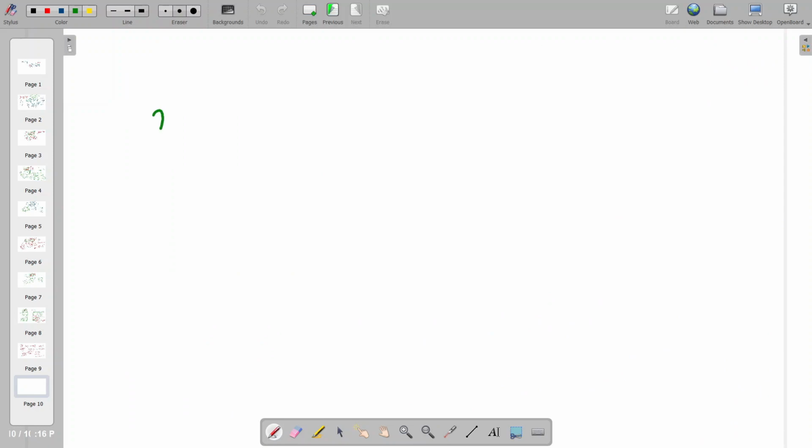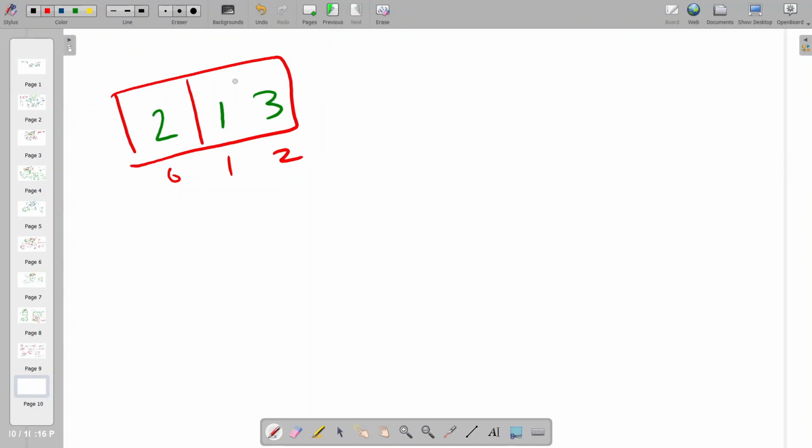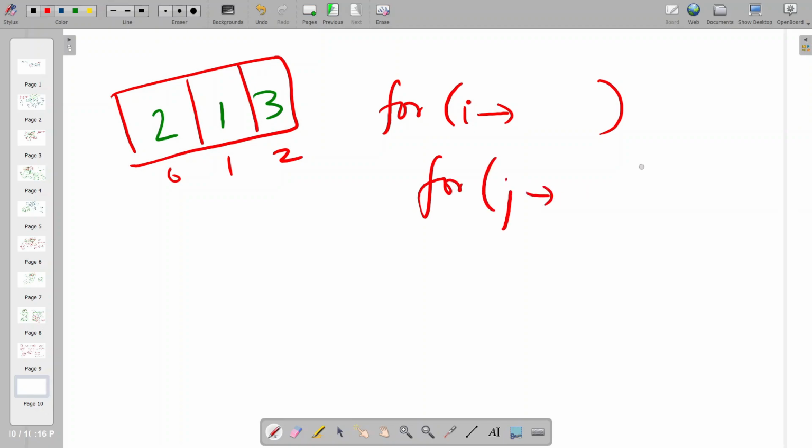For bubble sort, let us take the same example 2, 1 and 3. So we mark the indices 0, 1 and 2 of the array. Just the method will change. We are taking the same example so that you can better understand the method. The structure of the loop that we are using is the same as before: i is the iterator for the outer loop, and for the inner loop we have j as the iterator.